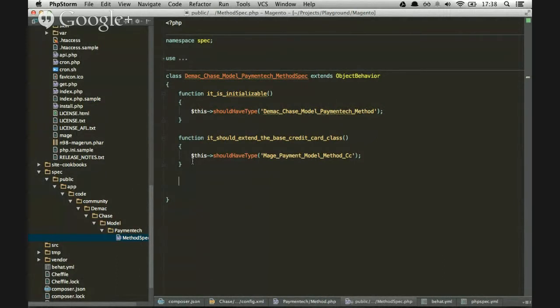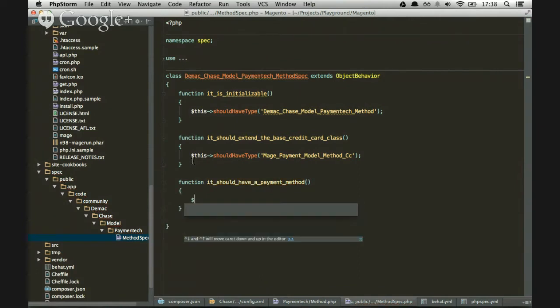for the function names. So another thing that is required for a payment method would be the payment code, right? It gets added to the specific payment method. So let's set a test for that. It should have payment method. And this should